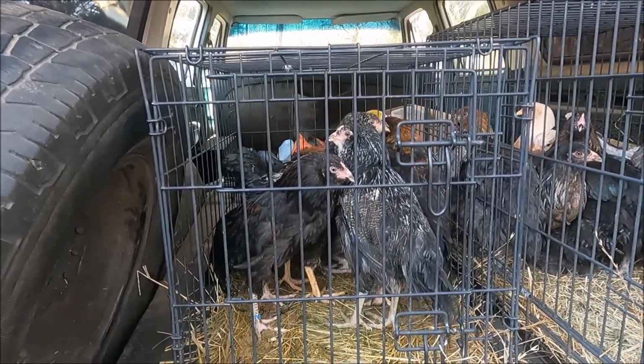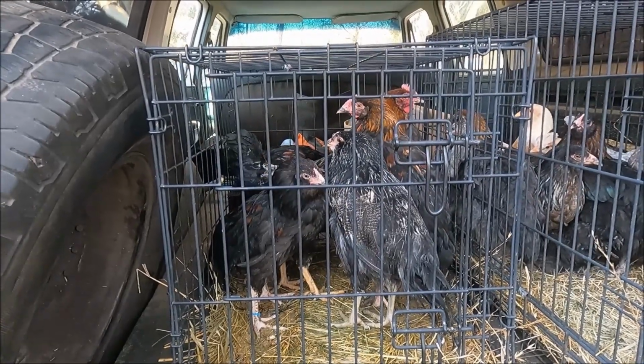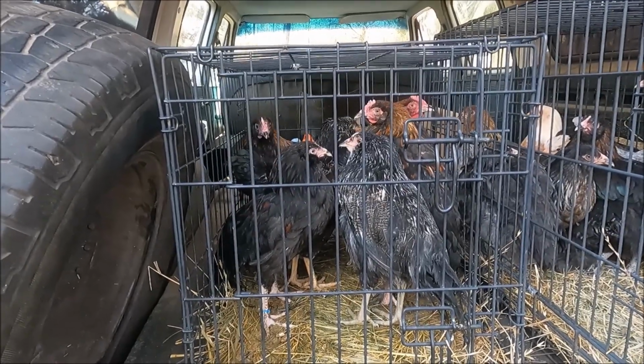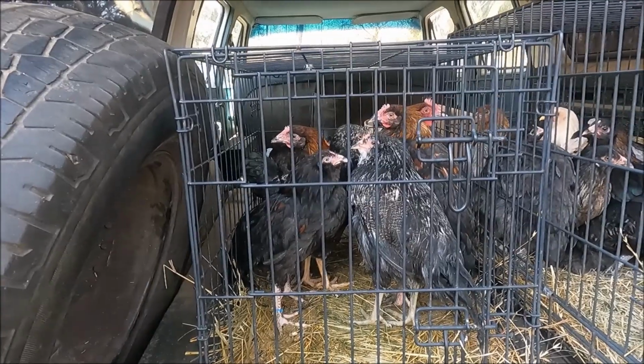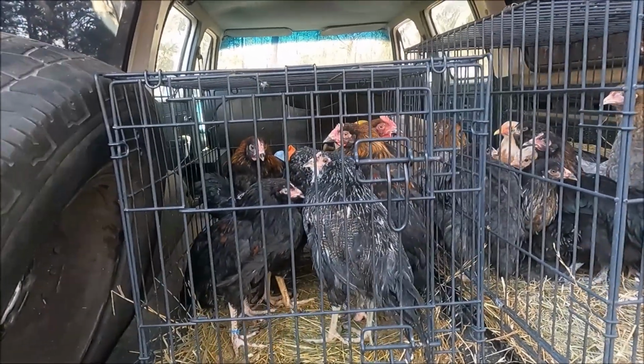The Whiting True Blues, the ones in the front there with the white mixed in, those are my duckwing. And then the little guy on the left there is mostly black. He's also a Whiting True Blue, but he'll have a different feather color. And yeah,